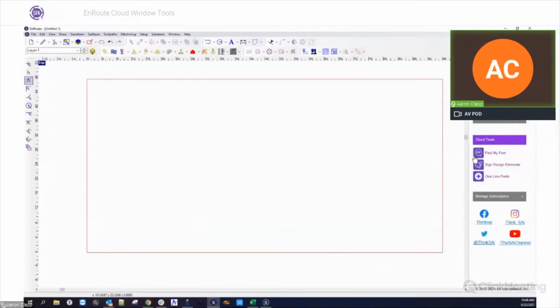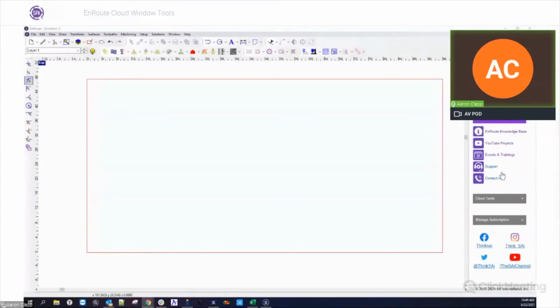The next one is Sign Design Elements. This is a really good one too. We thought it would be great for those in EnRoute who need bitmaps, graphics, and other things to use in their sign creations. So one of the things we thought would be really helpful would be to include Sign Design Elements in EnRoute as well. This is something that we added into, I think, Flexi 19 or 12, I can't remember which. But you get 5 free downloads from this website called Sign Design Elements